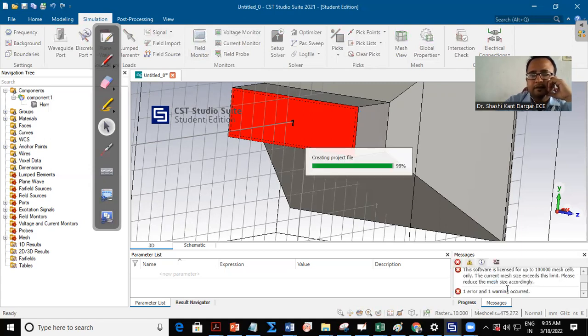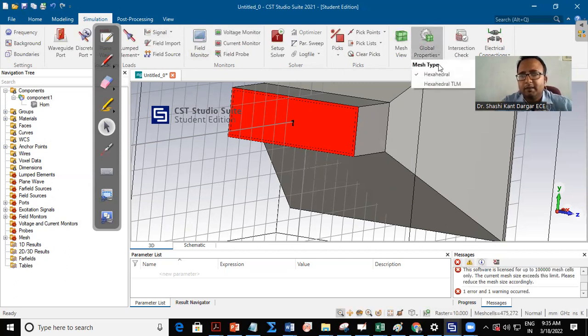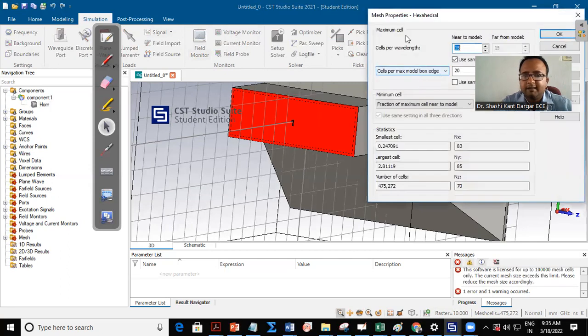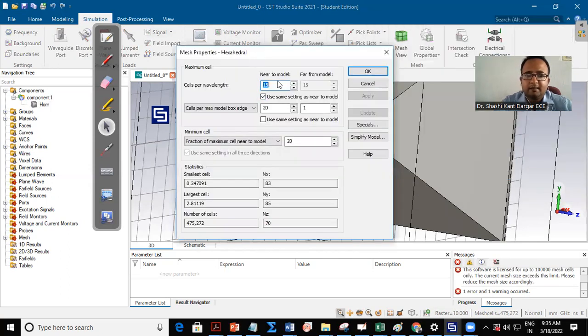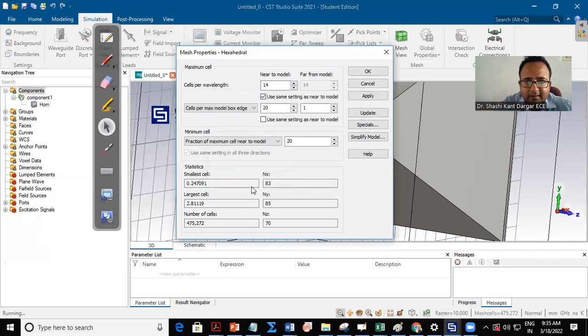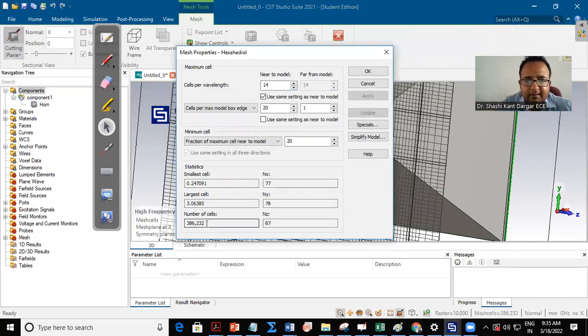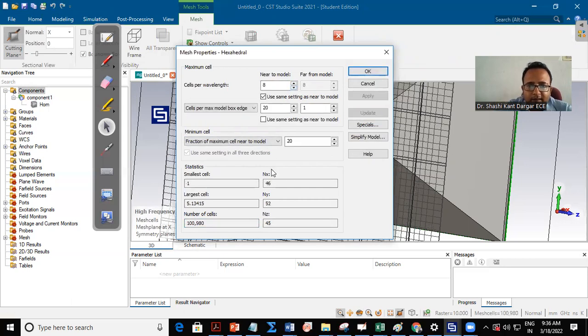The error occurred because of the meshing limit, which you can change in global properties. Go to hexahedral. Here you can reduce it one by one. See what I'm doing. I'm changing it from 15 to 14 currently, and if I update, it is asking to delete first, and you can see here it is 386. It should be less than 1 lakh, because that's the cell limit we have. So go down, if I go down up to 698 and keep on reducing it,